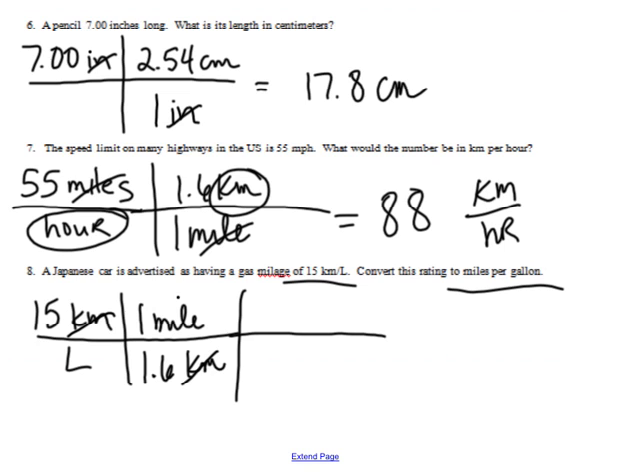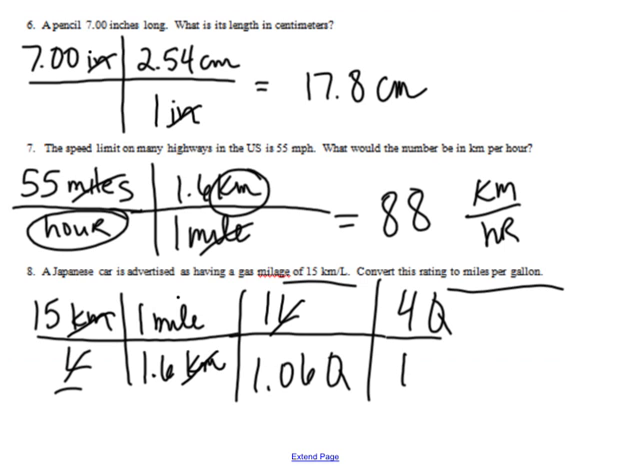Okay, right. So 1 liter is how many quarts? 1.06 quarts. So my liters cancel. And again, see how they're not right next to each other? You can do that. They still cancel. And then how many quarts in a gallon? 4 quarts in 1 gallon. So that's it. So what is my,